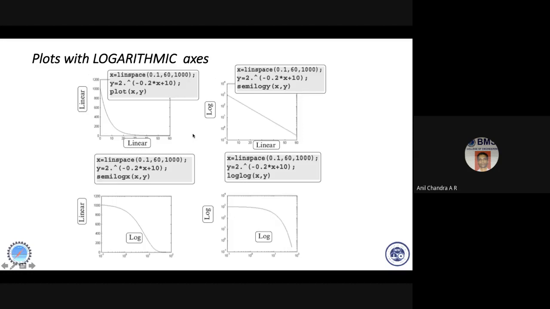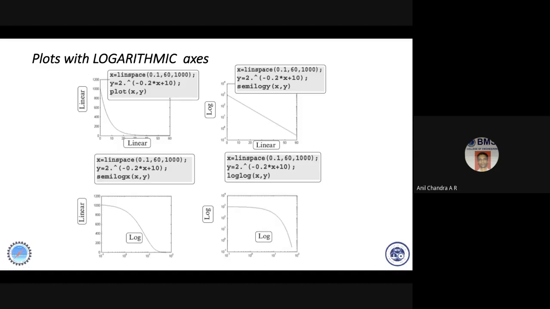And if you want the other way, meaning X is logarithmic and Y is linear, then you say semilogx. Semilogx indicates X is logarithmic, and you do plot X comma Y.